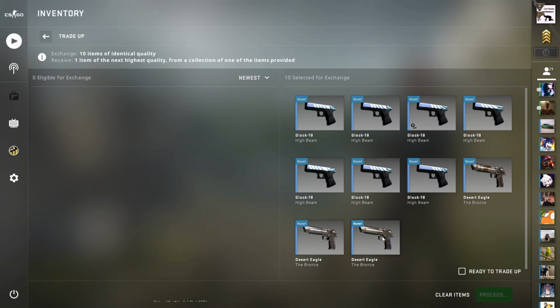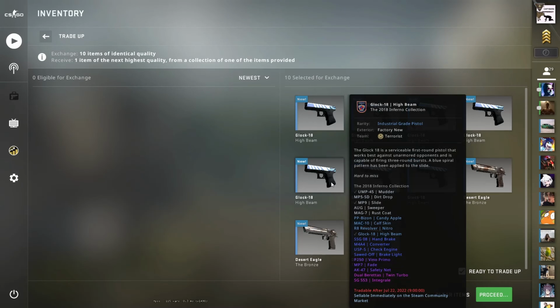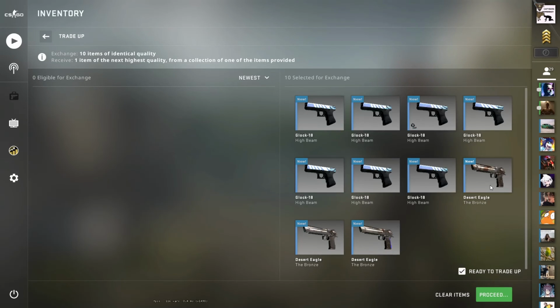We're obviously hoping for something from this collection, the control collection. That's the best outcome. But as I said previously, I wouldn't cry if we got the check engine. That would just be a tiny bit of loss. However, the control collection would just be a win, no matter what it is. But I'll take the tiny bit of loss if we get the USP check engine too. But let's hope for a control collection skin in 3, 2, 1, and...